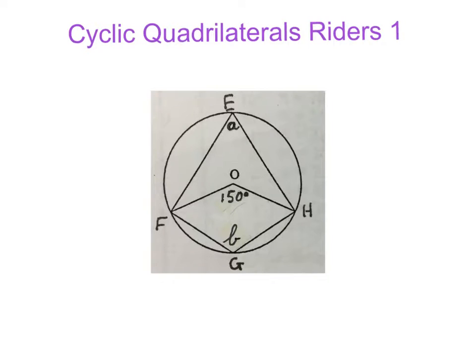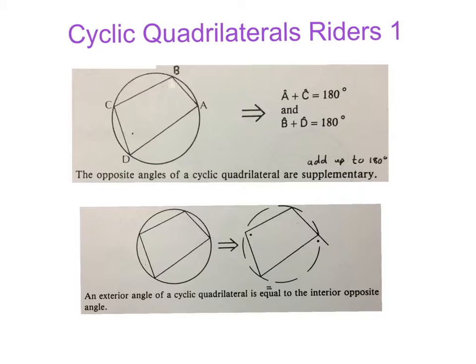Good day. In this video we're going to look at 5 short cyclic quadrilateral riders. In each one of them we have to find the value of the small letters of the alphabet. Before we can do the riders, we must quickly revise what the two theorems are that we know of a